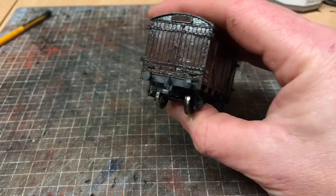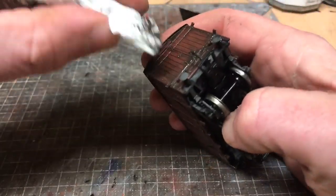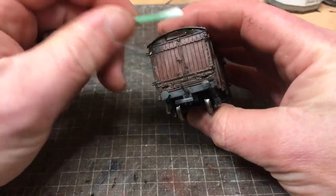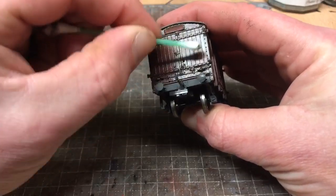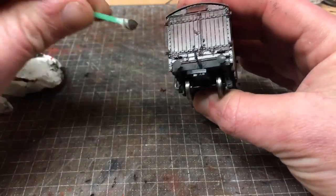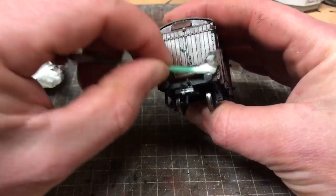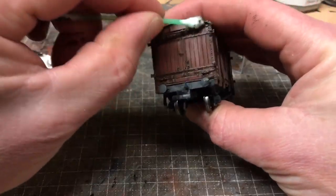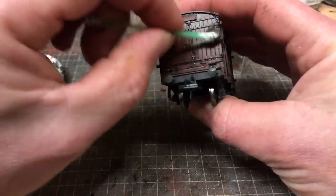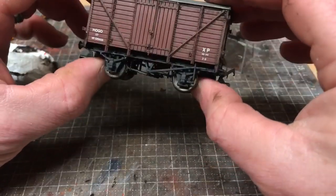You can still use the kitchen roll to a certain degree, but use it just to take the worst of it off, and then you can use a cotton bud to clean the rest away. And a couple of buds. You maybe don't have to be as clean in this area of the wagon. It's likely that it's going to gather up an awful lot more dirt, being in between the wagons or even at the end of a train, so it will probably look a little bit dirtier. But that's that. Leave that to dry,